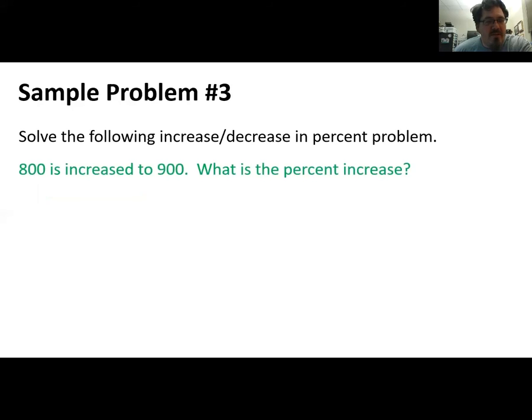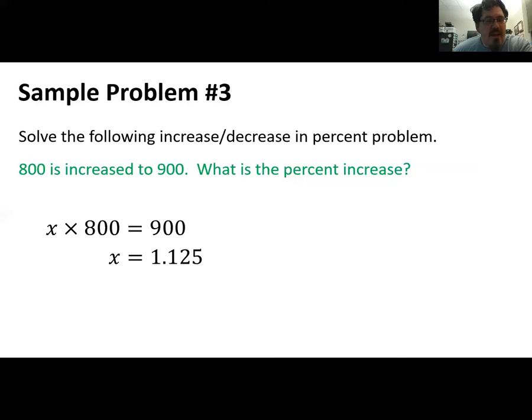All right, now let's continue to talk about increase and decrease in percent. But this time we want to find the percent increase. So 800 is increased to 900. What is the percent increase? We need to set up our problem. We don't know what the percent is, so that's going to be our variable this time. And you always do the percent of the original amount to equal the new amount. So that's why we have x times 800 equals 900. We have a mini equation to solve here, so we divide both sides by 800, and when we do that, we get